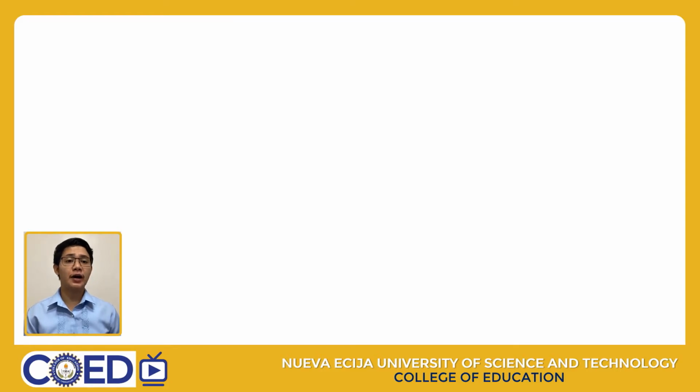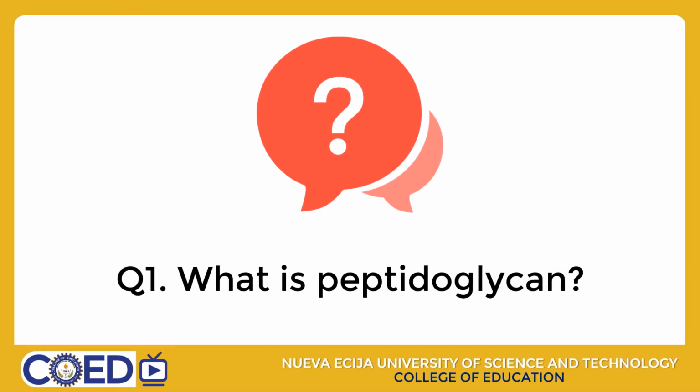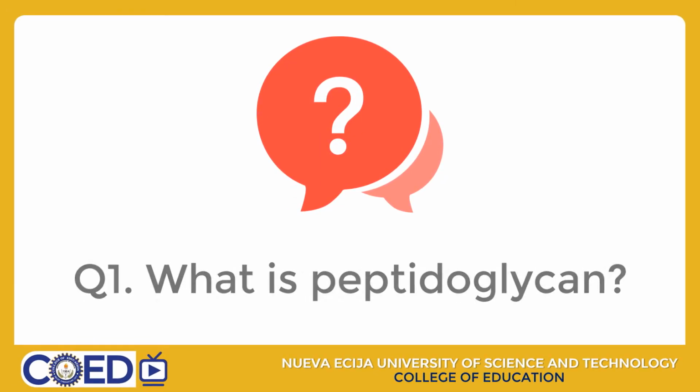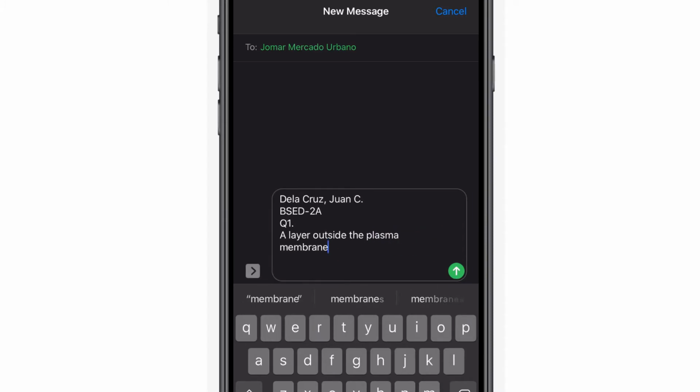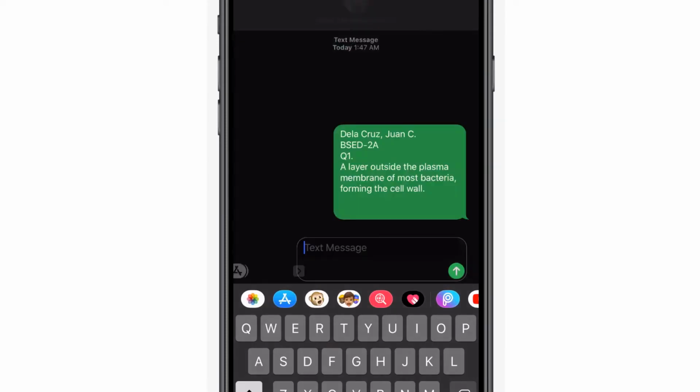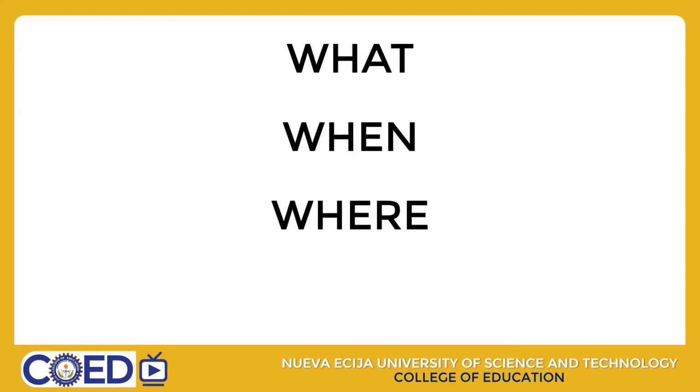And you must follow this format every time you send messages. You have to write your name, section, question number, then your answer. For example, question number 1, what is peptidoglycan? After reading the question, you can type and send your answer right away. Also, be reminded to watch the video and send your answers within the scheduled time and day for our subject. I, as your teacher, will guide you to what, when, where, and how we can tackle a specific topic. If all is set,